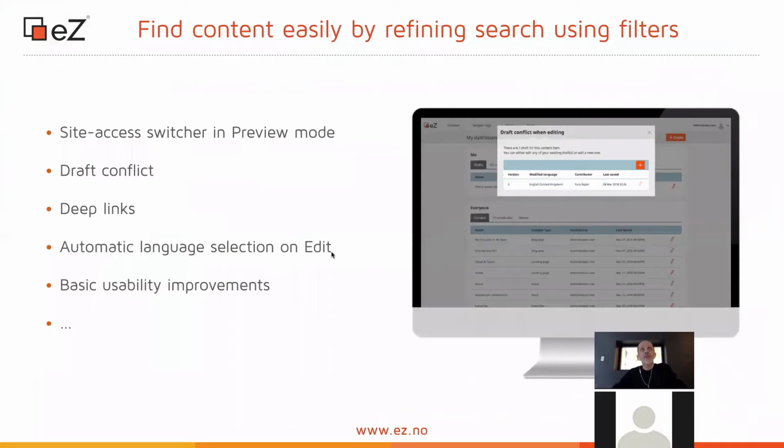Automatic language selection and edit: we had this very annoying, constantly present modal window asking the editor to choose the language in which he wants to edit a page, even when the page was in just one language, so we made this better. And we also have many other small usability improvements, like the position of the buttons, colors, and